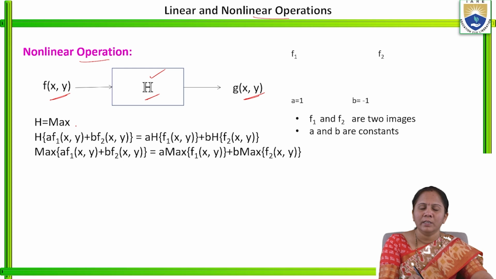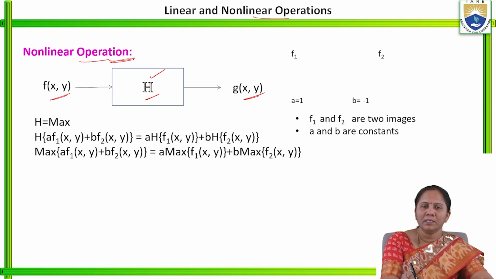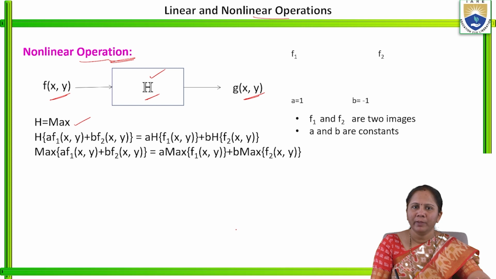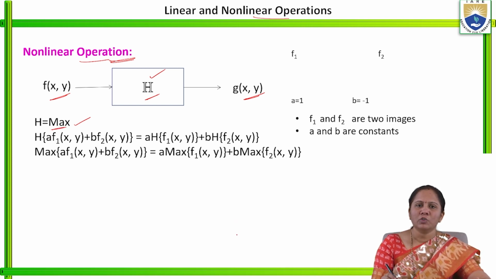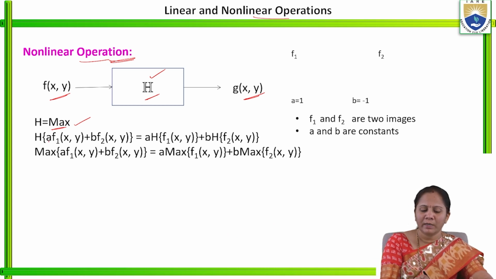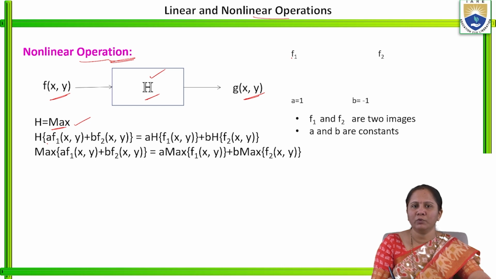So here in the previous case, we have considered the value of h as a linear operator. So in this case, consider the value of h as a maximum operator. So here h is considered as maximum. According to the linearity principle we have seen in the previous slide, we can write, considering 2 input images, that is f1 of x comma y and f2 of x comma y,